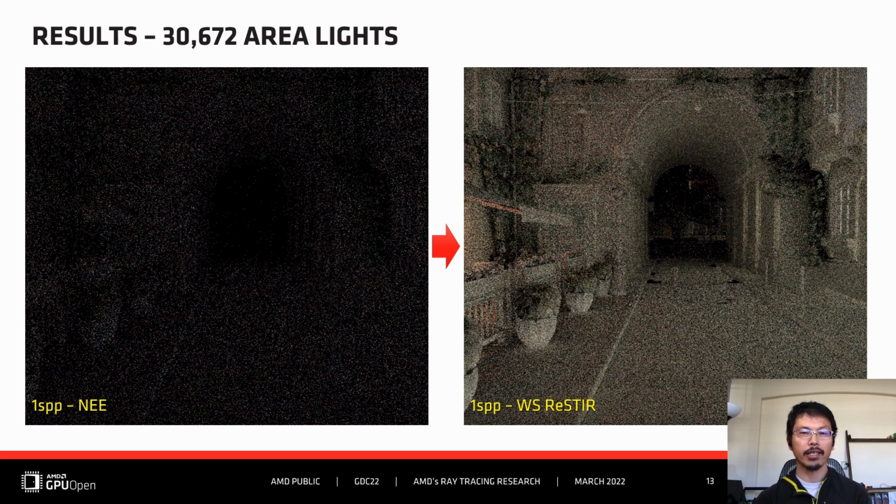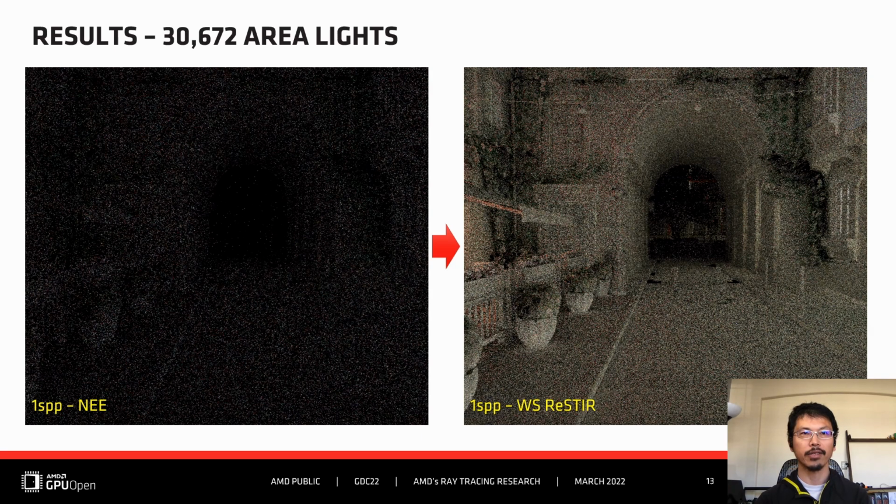Here we show how effective it is. On the left, we show the baseline where we simply do next event estimation at 1 SPP, or 1 sample per pixel. Note that we are not showing the direct illumination component, but only the indirect illumination component. This scene is a bit challenging because there are a large number of light sources. There are more than 30K area lights in the scene.